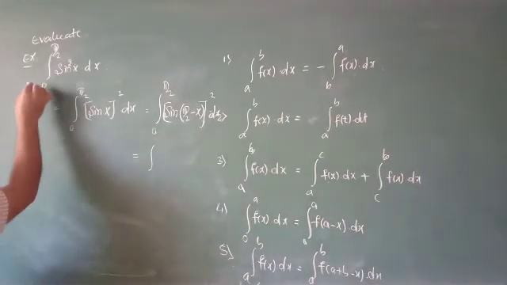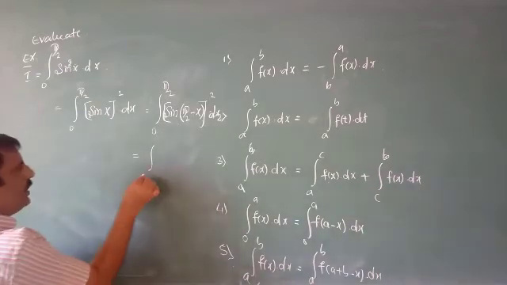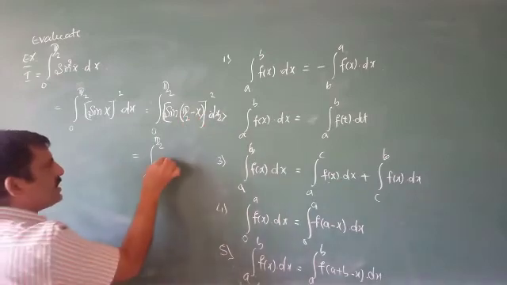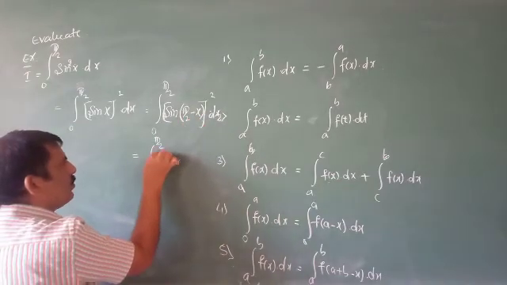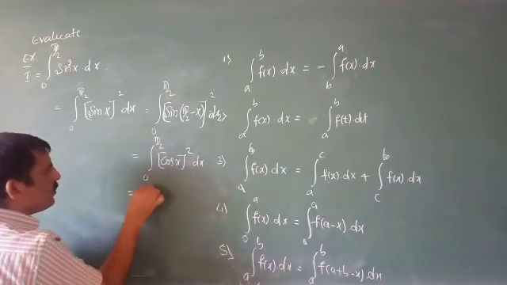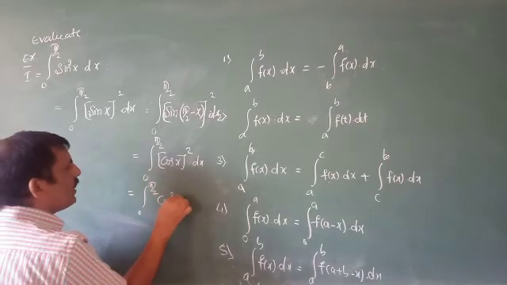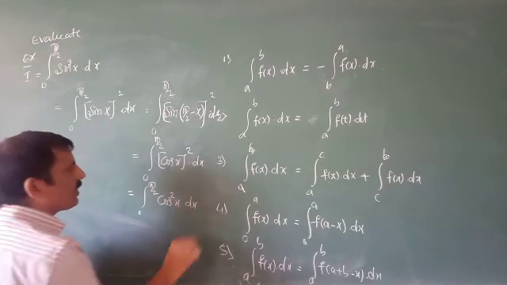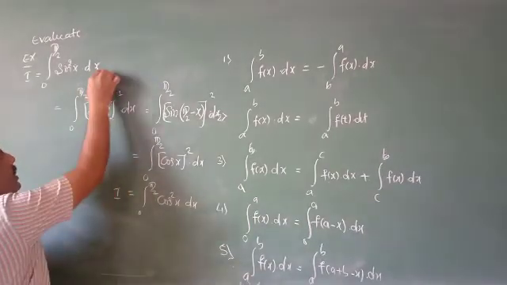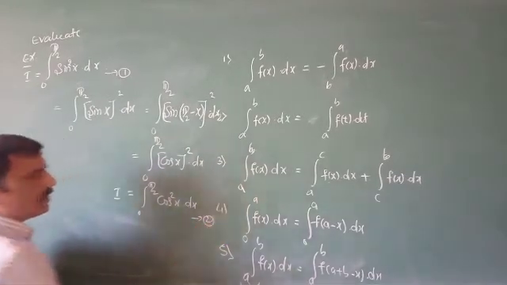Take I is equal to this. I is equal to integral of 0 to pi by 2 of sin of (pi by 2 minus x), which is (cos x) whole square. So (cos x) whole square means integral of 0 to pi by 2 of cos square x with respect to x. We take this as I as well. I will call this equation 1 and this equation 2.